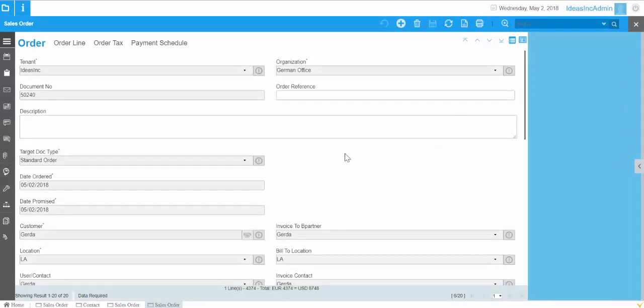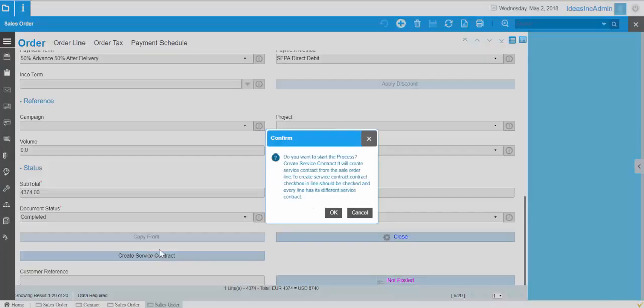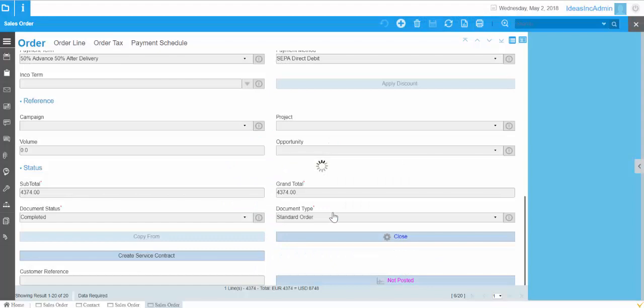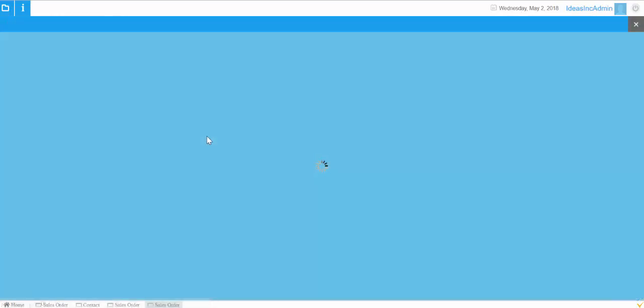So in this case my order, and I have here a new option. After the order is approved, I get a new option which is called create service contract. Now if I press this button, the system will generate automatically a service contract. Okay, service contract has been created successfully. So I go to the service contract,